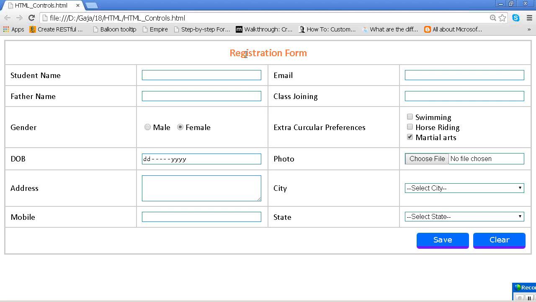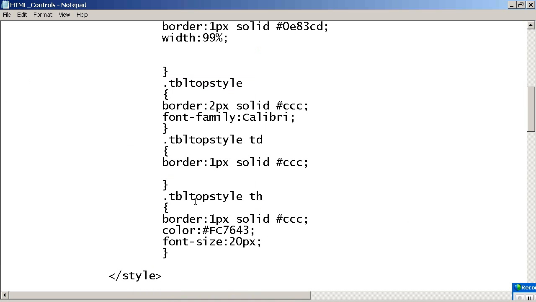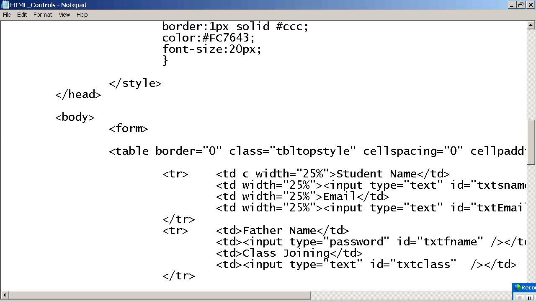I don't know whether you people are understanding or not. I'm saying for TH, I can write a separate style with a dot, some style, and go to the TH and apply the class. Like that, I can write my own style. And one more thing, if you want to change the style of the TD, every time you need to go for a class.